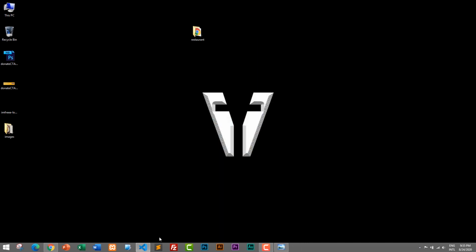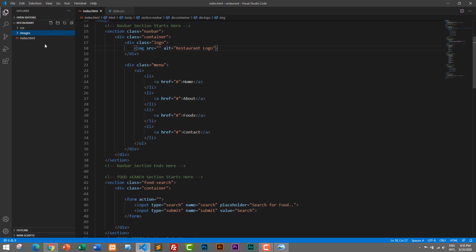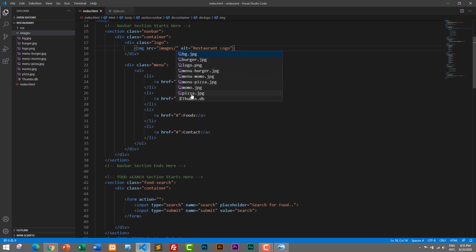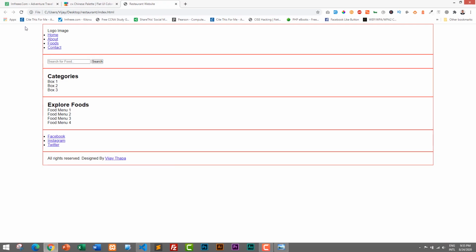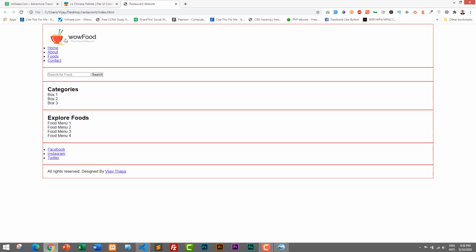So I'll close it, and I'll go to Visual Studio Code, my code editor, and if I expand the images folder, now we have all the images. So here I'll give the link of our image, which is the images folder, and inside the images folder we have logo.png. So this is the logo that I have created. Let's save it by pressing Ctrl and S, and let's refresh our browser. So here you can see the logo,